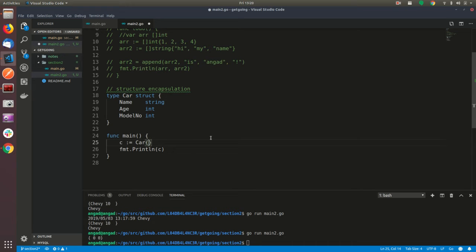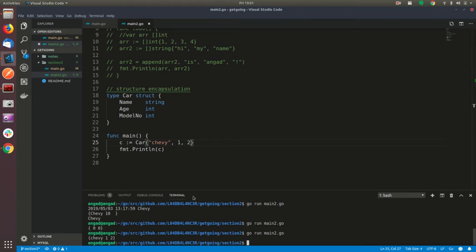So to initialize a structure as an object, you can simply follow this syntax. You can do 1, 2. Here we printed all of that. So the name of the structure followed by curly braces and all of the data types you can define in this way. One more technique is